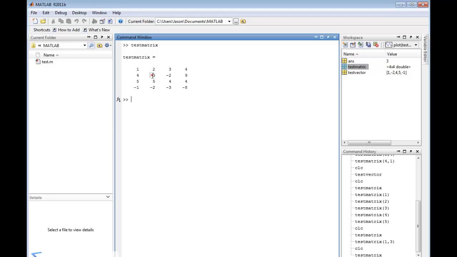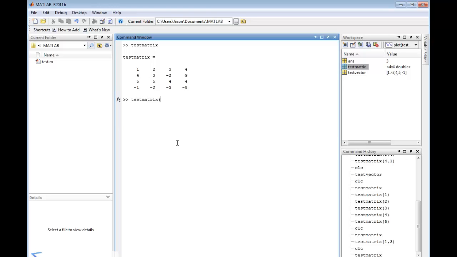Now, obviously, this is simple, so you could just type this stuff into a new matrix, right? But you don't want to do that. What if your matrix is 100 elements, 100 columns by 100 rows, and you want to extract 25 rows and 25 columns? So you don't want to type that stuff in. You want to be able to do it automatically, right? So the way you do it,